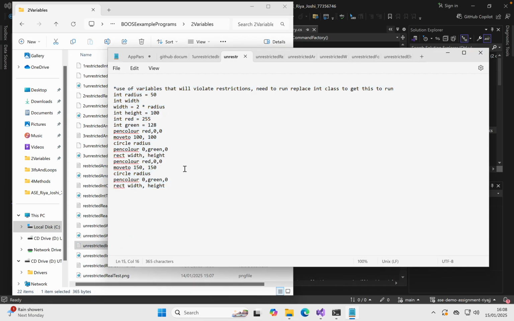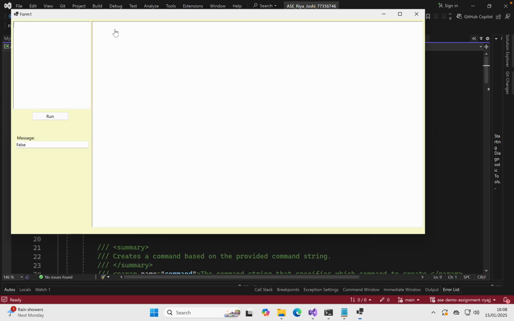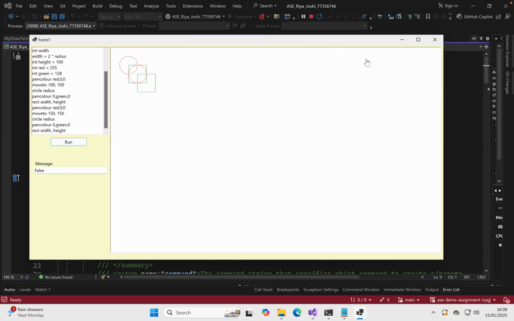Now we will try to run this. Let's run the code and paste the command here, run, and here you can see the output, which shows that the project is running.